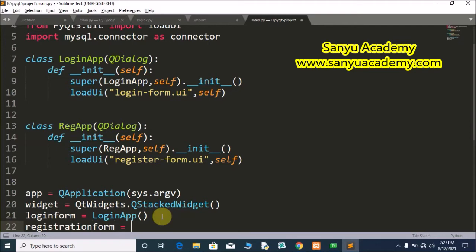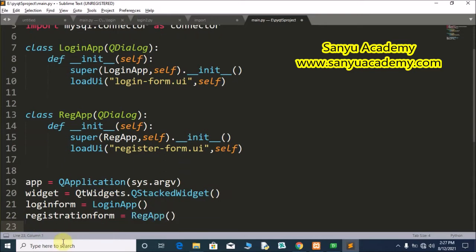This is the object of the RegApp. Now we have created the objects, so the object names are loginform and registrationform.